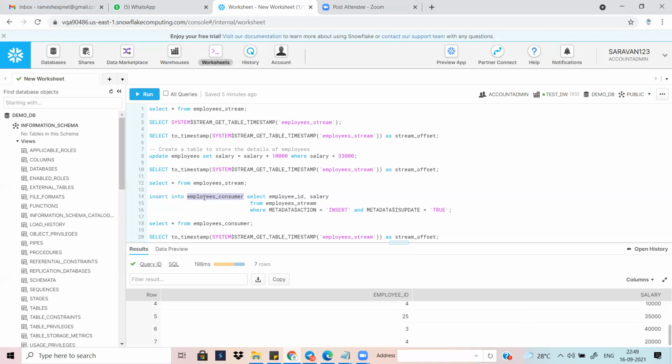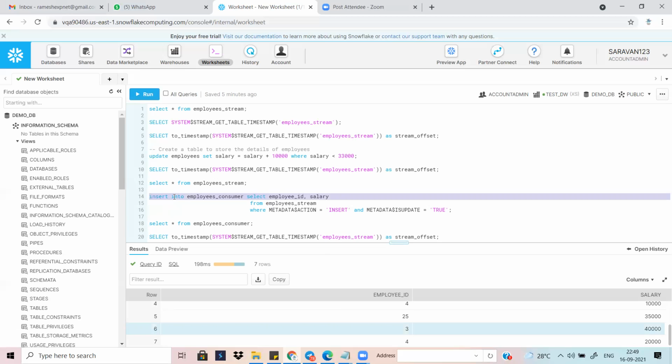Then next, you are making an update operation. Update operation, what happened? Only this update query will take action, only on the 2 records. Then finally 5 plus 2, 7 records will be inserted now. Did you get it, Sarvan? Any confusion?